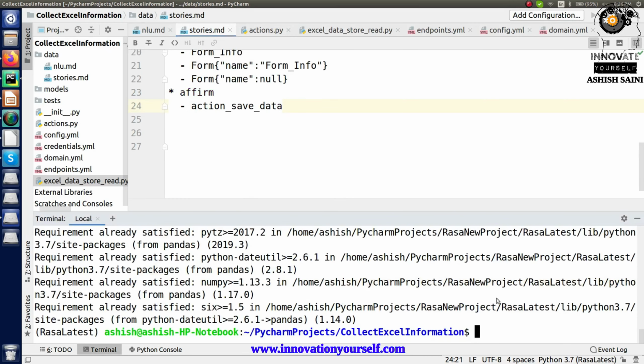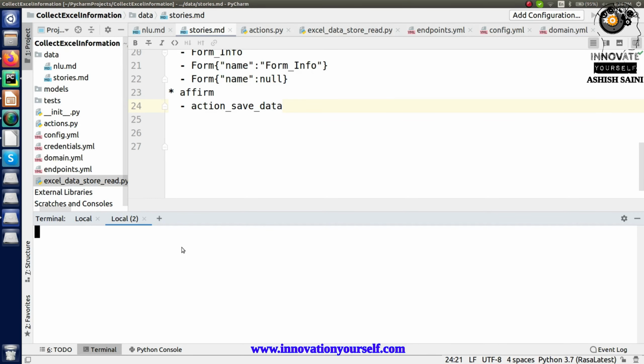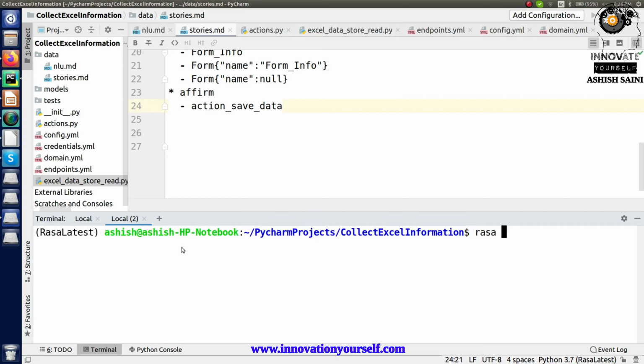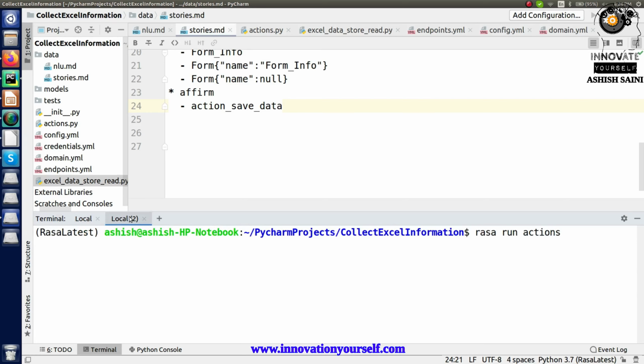Now let's go to the terminal and train your model, and after that we will check whether it's working or not. Also open a separate terminal and run the action server. Alright, the action server has started and training is also running.